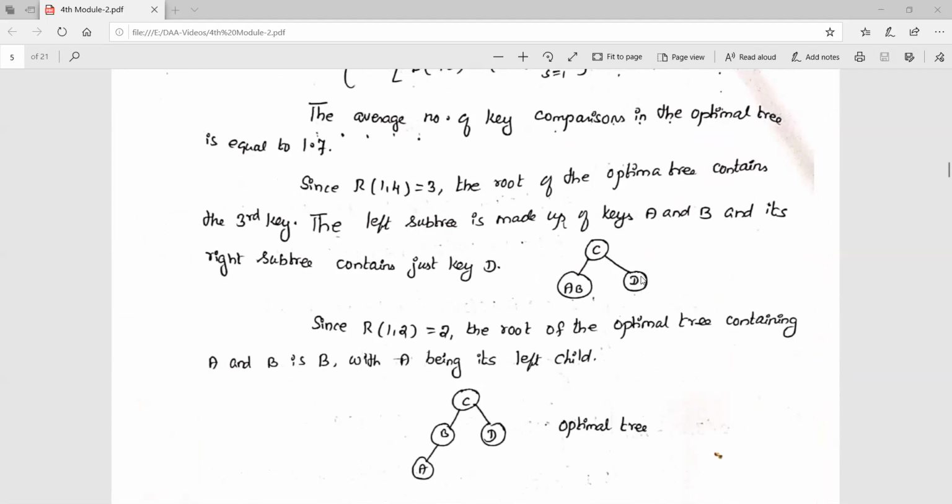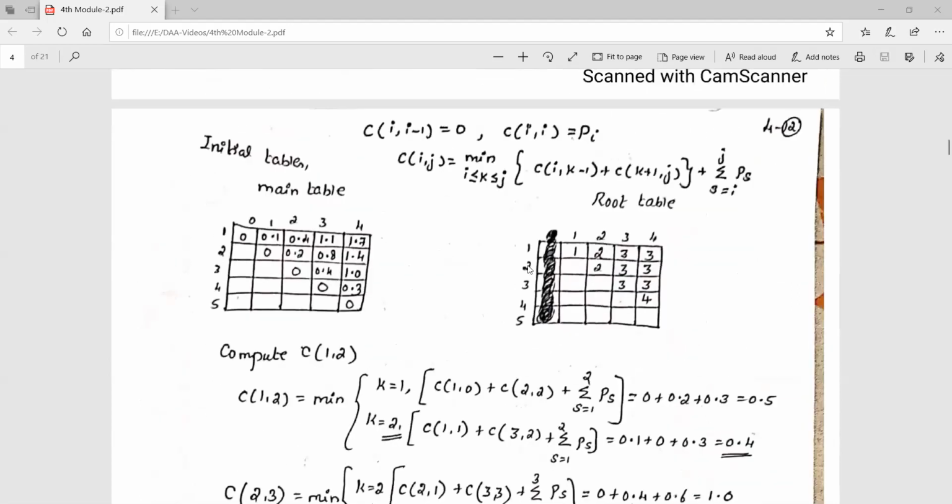Okay, so now what you have to do here, we have A equal to 1, B equal to 2. So now we have to identify R of 1 comma 2. If you have some other values in between, you have to consider those. The first one you will consider as the first, and the second one as this one. Since R of 1 comma 2, A will be in the first position and B in the second position. So R of 1 comma 2, what value do we have? We have the value 2.